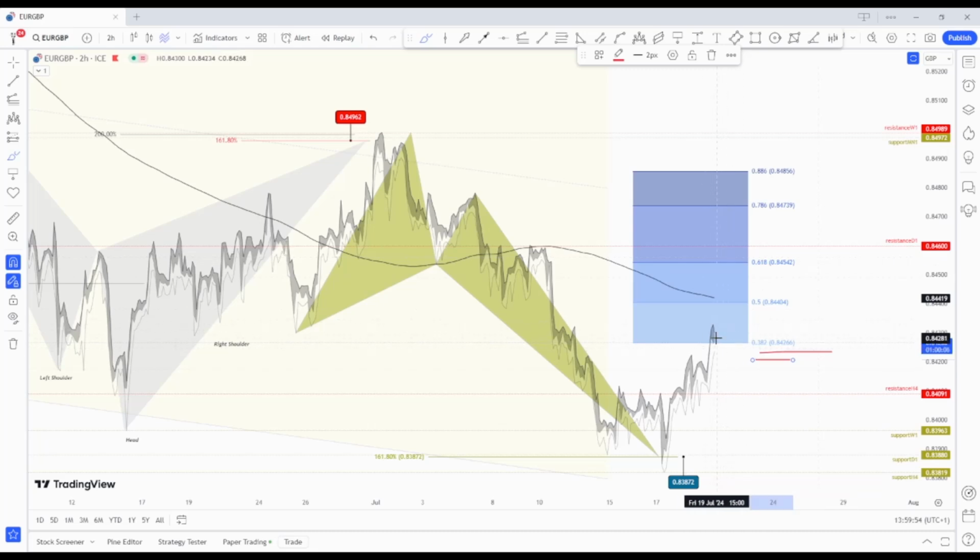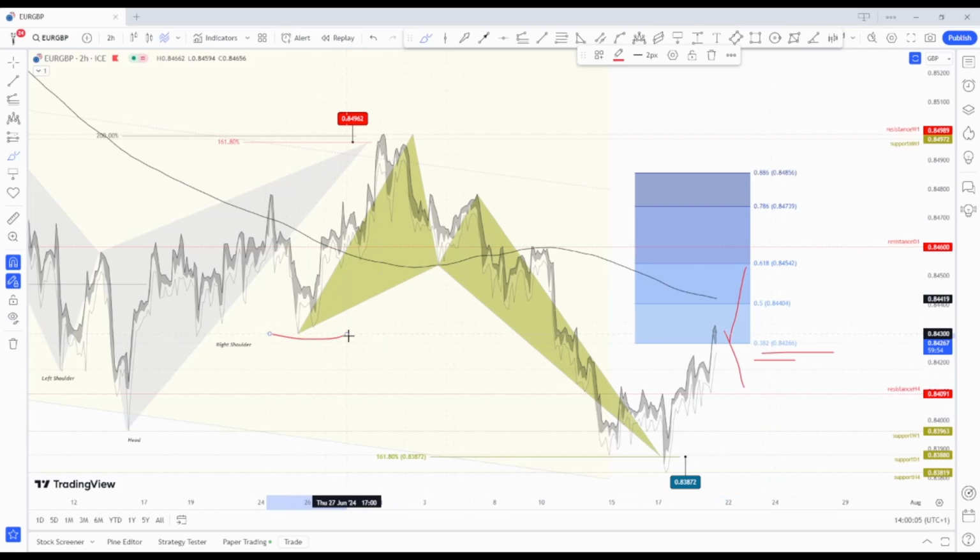We don't know what will happen from here, if the market will keep trading higher, if the market will start to drop from here. This is a 38% Fibonacci level, previous structure resistance also,